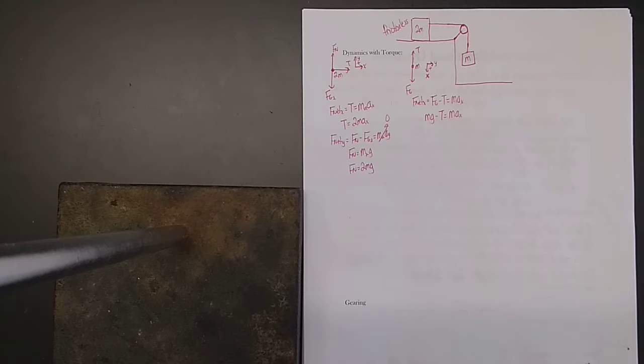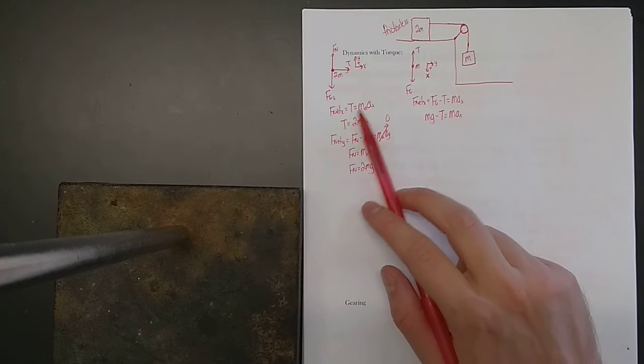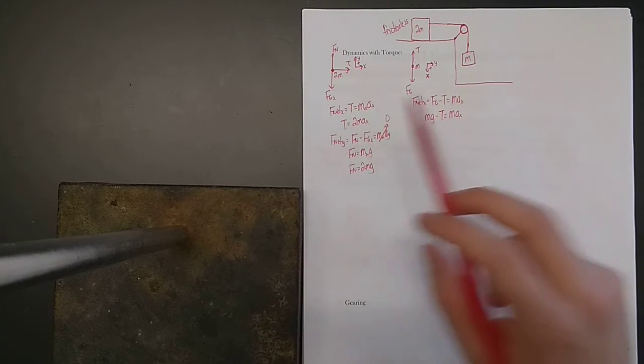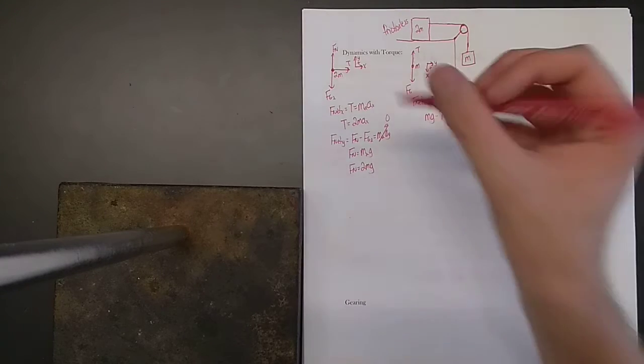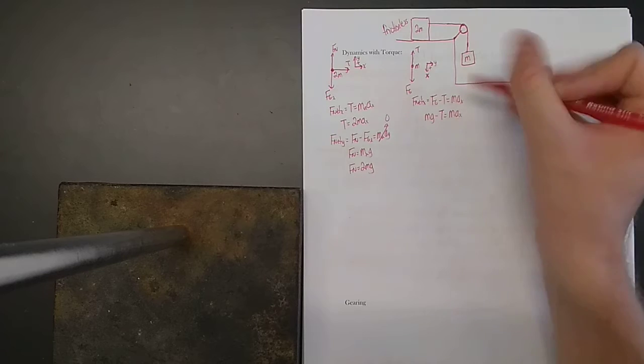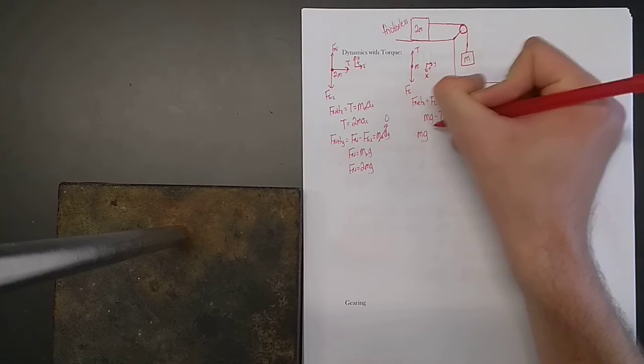Now, we want to solve for the acceleration of the system and potentially also the tension. To solve for the acceleration, well, look at this. I have this solved for the tension already. I have made the assumption here that the tension in both of these strings is the same. Seems like a reasonable assumption, and that they both accelerate at the same rate, and that's definitely a true assumption. Since I already have the solve for T, I'm going to plug this in over here, and I get Mg minus